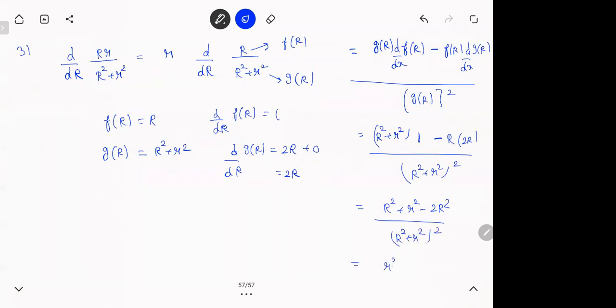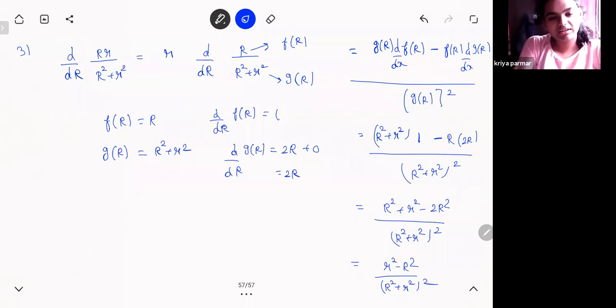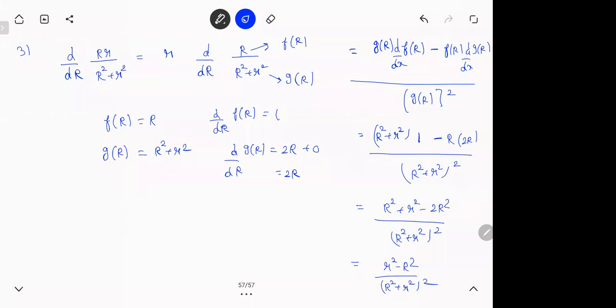That would be small r square minus r square by r square plus r square. Have a look at this. Ask me if you're confused anywhere in any particular step. Sir, that r is there now, which we removed common in the first one. Oh, that's also there. Forgot. I need to multiply that.